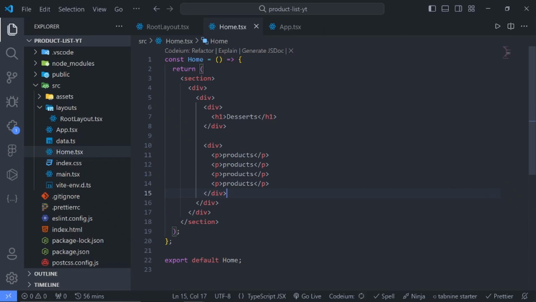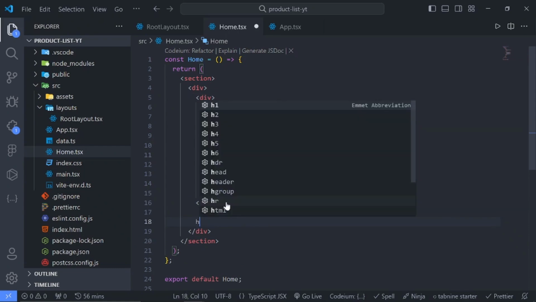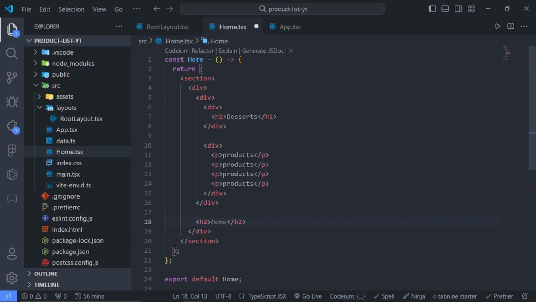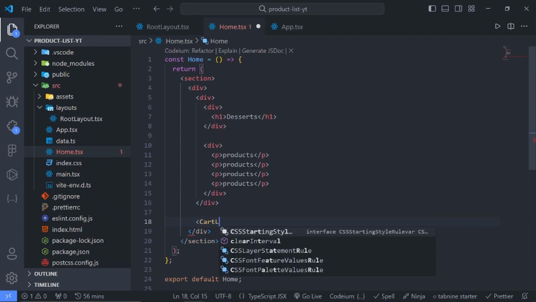All right, cool. Remember I said all these are in a div. Then outside of this, make sure you're outside of this. We'll come here and create the cart list. So let's call this cart list. No matter, let's just create it. Say cart list